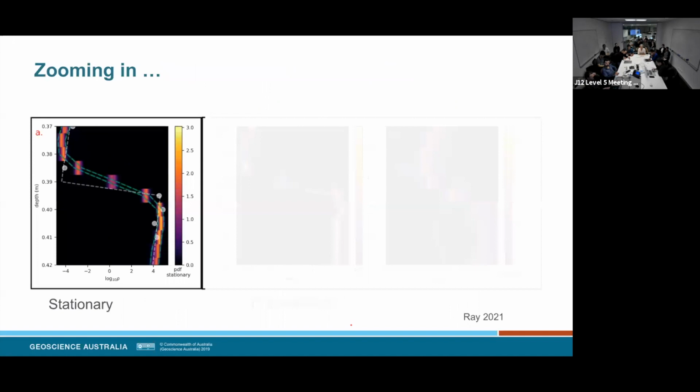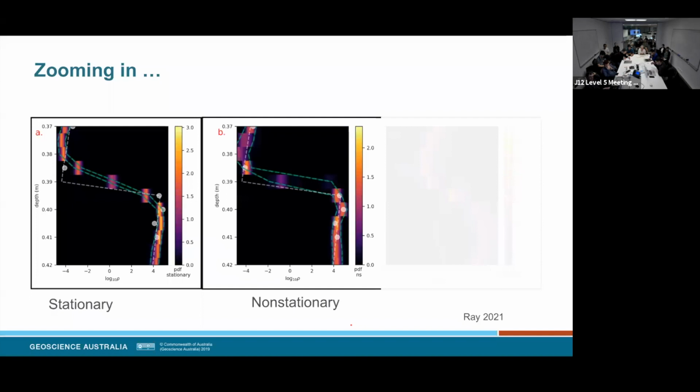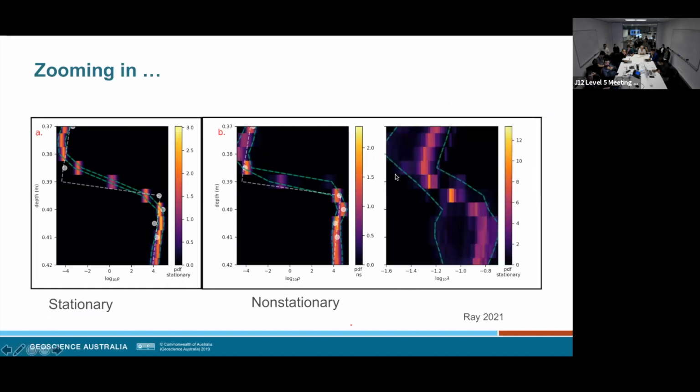So if you zoom in, you'll see that if you use a stationary Gaussian process, as opposed to a non-stationary Gaussian process, well, the true function is shown with the white dashed line. The 5 and 95% quantiles are shown with the dashed green. So you can see that clearly this is, well, not clearly, but it is doing better, the non-stationary Gaussian process. And that's because the length scales are allowed to change over here, and they're changing by themselves. And not only that, it fits the data. I haven't shown that to you over here, but it actually gets to the right chi-square.